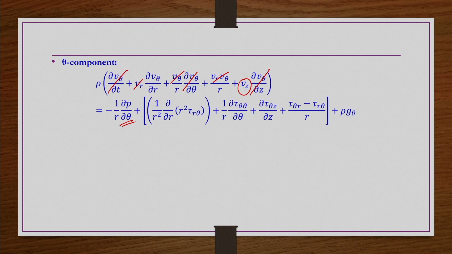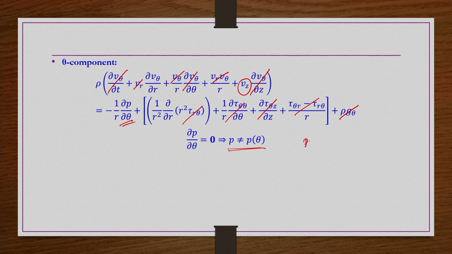So, tau r theta, this shear stress tau r theta component, has V r and V theta terms, and it is not existing. Because of symmetry, this term is 0. Because of the fully developed flow, dou by dou z of any flow variable is 0. So, this is 0, and then for laminar flow these two are equal to each other. So, that is 0. Gravity finally we are not taking anyway. Then what we get here again, we get dou p by dou theta is equal to 0. That means p is also not a function of theta.